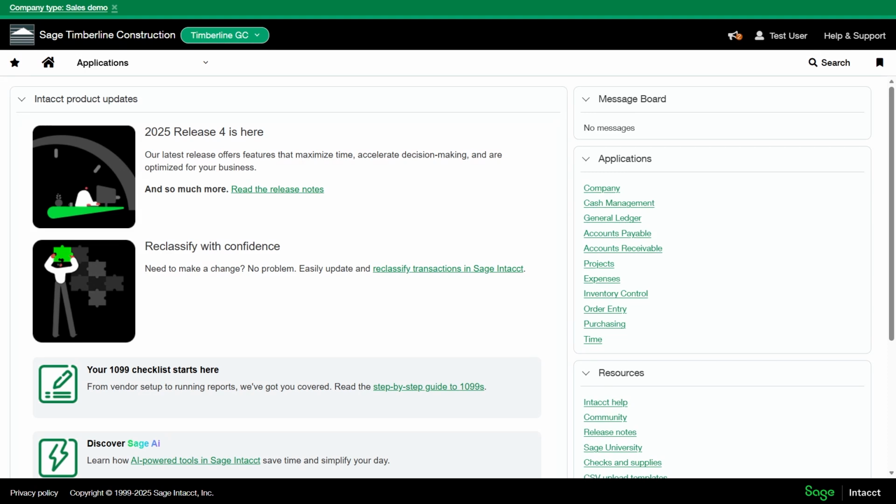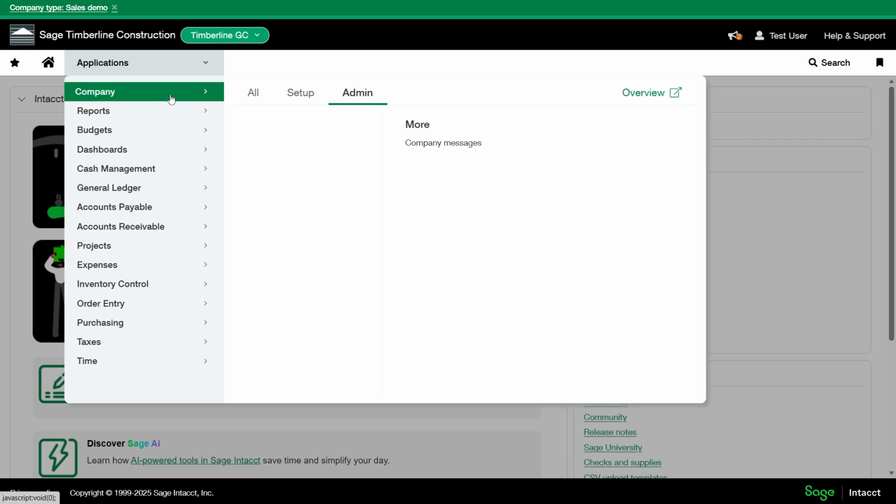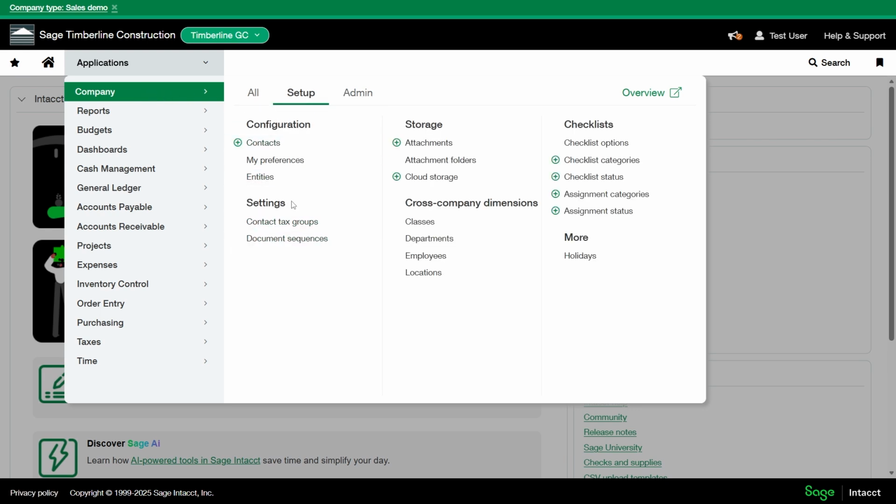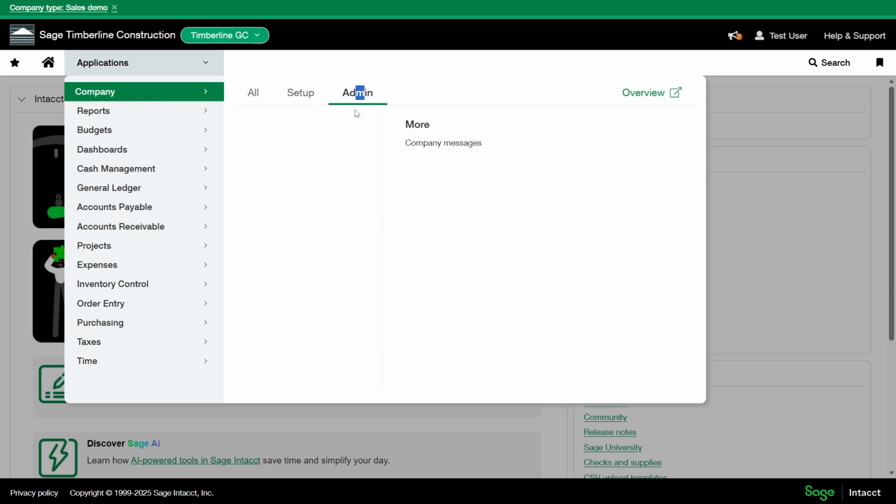All right, so in the first part of the video, I walked through adding a user. I added an employee user with admin privileges. Since then, I have logged in as the test user. And I'd like to point out that this user only has access to this entity because I only enabled this entity and I didn't give them top level access. This user is an admin, so they will have access to company, so they'll be able to set up a few things, but they will not be able to add new users as a business admin user.